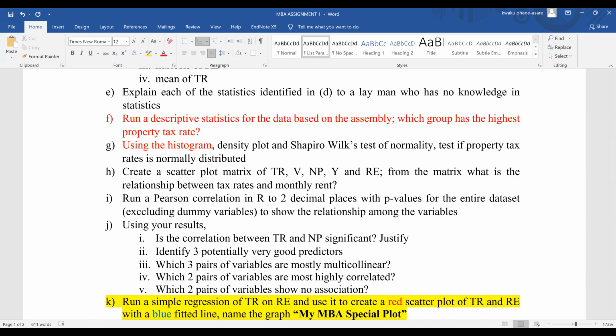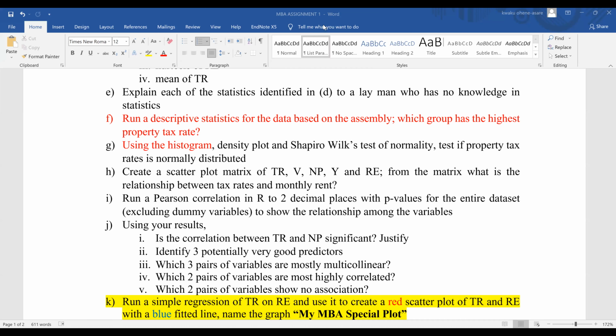I'm going to do excluding dummy variables so that you don't die. You can do including, but I'll just do excluding for now. So what it means is that there are two ways you can do this, to be honest. One way you can do this is you will do something called